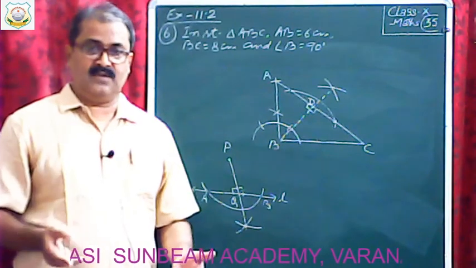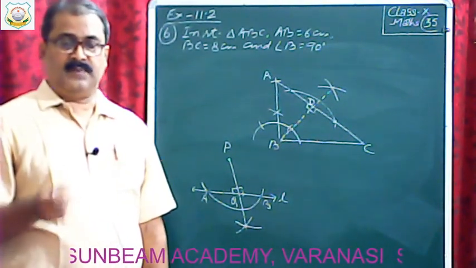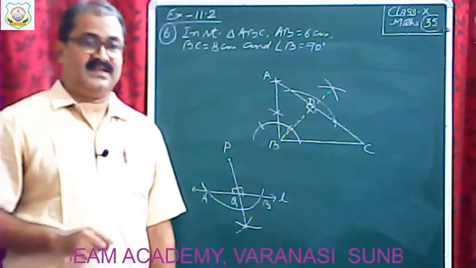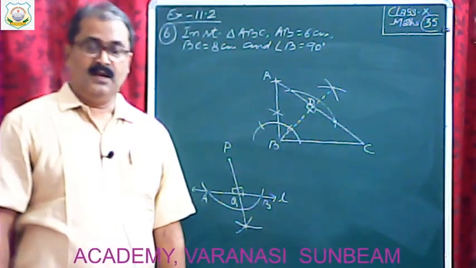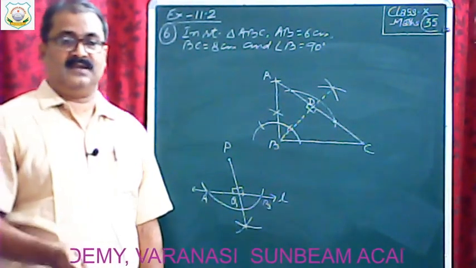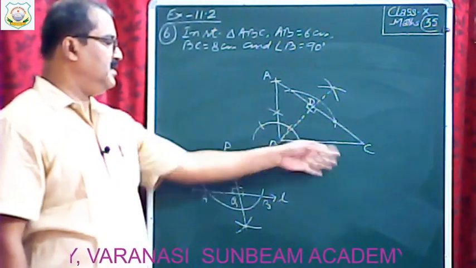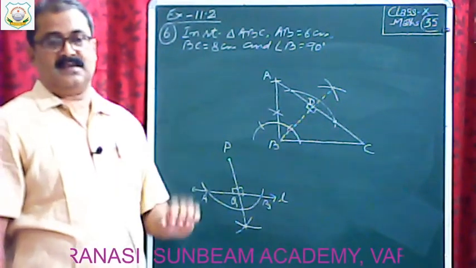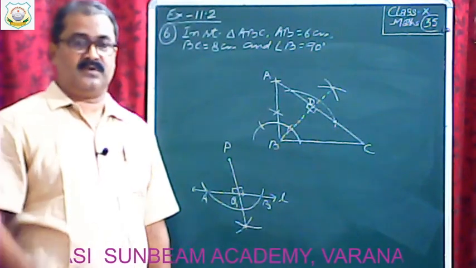Clear? So point of concurrency of perpendicular bisectors of sides of a triangle. There are three sides, you have to draw perpendicular bisectors of all three sides. All three perpendicular bisectors definitely pass through a particular point. That point is known as circumcenter. Clear? So circumcenter is the point of concurrency of perpendicular bisectors of sides of a triangle. We have to draw perpendicular bisector of BC, BD and DC. All perpendicular bisectors pass through a point definitely, that is the circumcenter, and thereafter you have to draw a circle taking that circumcenter.